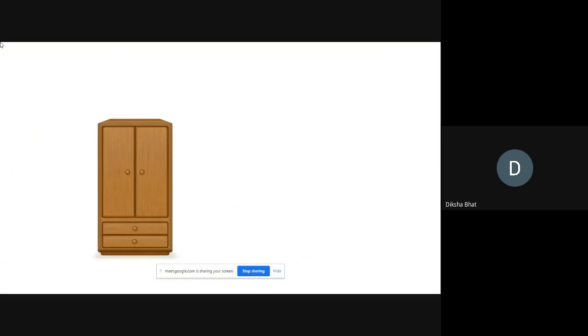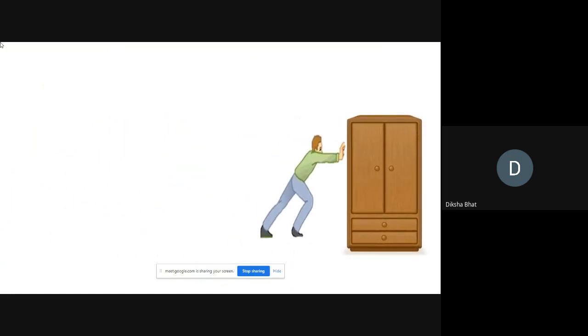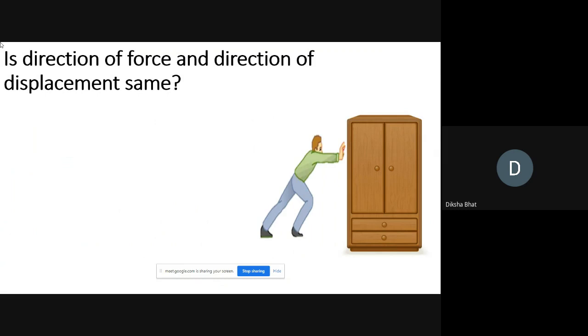Now look at this picture on the screen. Let us perform one small activity. A boy is standing at one end of the cupboard and applies a force on the cupboard. You will find that the cupboard moves, or is displaced from its original position. Now can you tell me, are the direction of force and direction of displacement the same? That is, the direction in which you are applying the force, is it the same as the direction in which it is getting displaced? Yes. In this case, the direction of force is in the forward direction as you are applying the force,